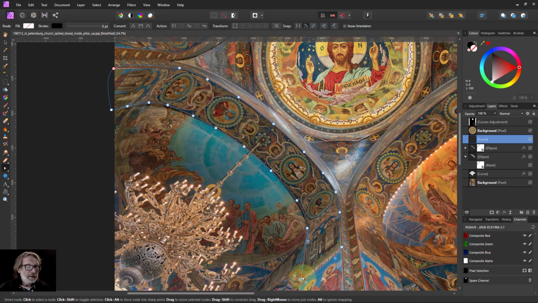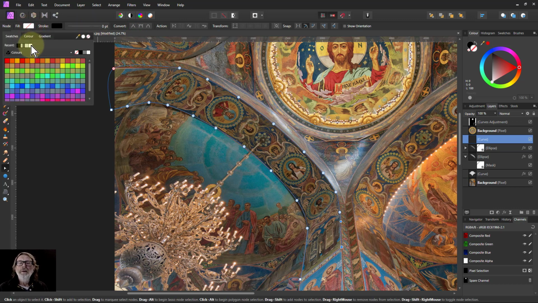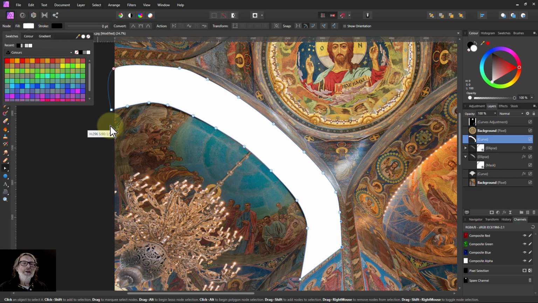That one back up to corner, so turn that one into a corner. Right, and if I fill that then with just white initially,